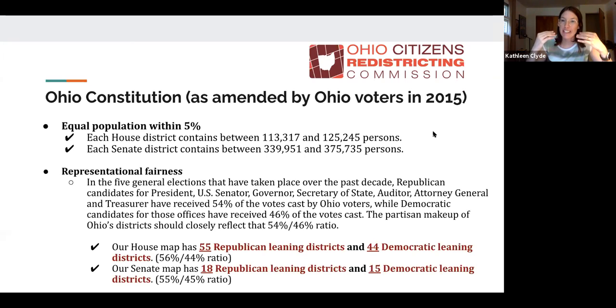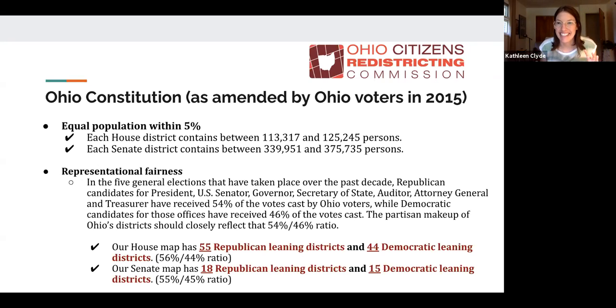So the Ohio Constitution then has a set of requirements. And of course, we all remember these requirements are all laid out in the amendment to the Constitution that Ohio voters overwhelmingly adopted in 2015. So the Constitution,